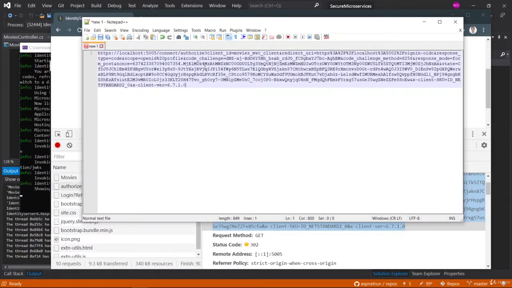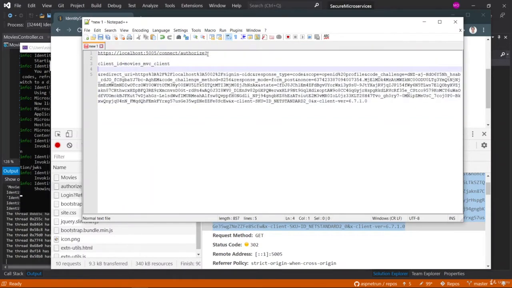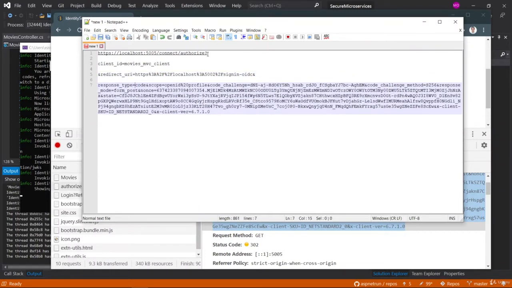As you can see, there should be a client ID. We will see the client ID, and the client ID is movies MVC client, which we have defined in the configuration in the identity server. These are really important because these are the parameters for the identity server, and we will see these parameters in here. Another important parameter is response type.